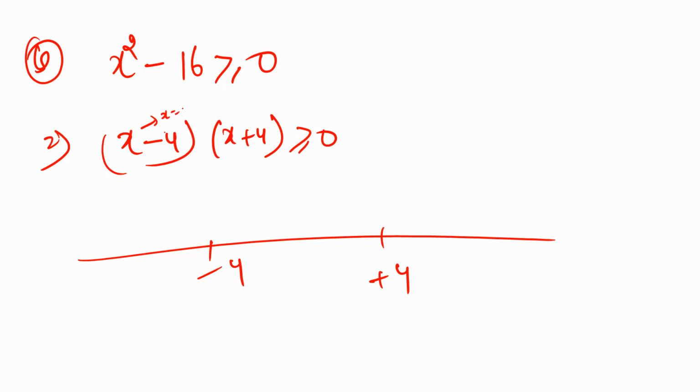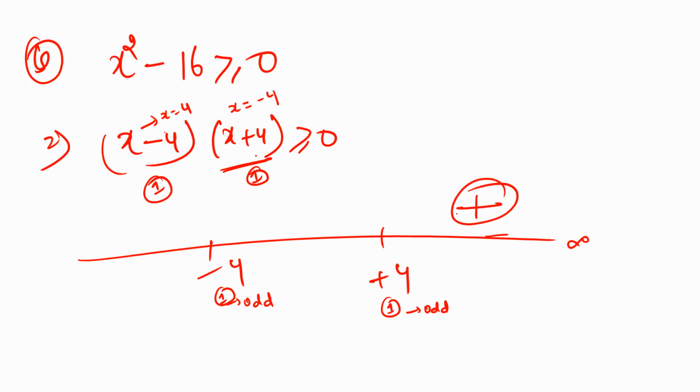x-4 इक्वल टू 0, तो x का रूट क्या आया 4, x+4 इक्वल टू 0, x का रूट क्या आया -4। तो देखो यहाँ पर पावर तो एक ही है, यहाँ पर भी पावर एक है, तो यहाँ पर लिख दो पावर एक है, पावर एक है, और ये एक क्या है, ऑड है। अब मैंने क्या बताया, सबसे राइट हैंड साइड जहाँ पर इन्फिनिटी है वहां पर भैया पॉजिटिव मार्क करो, तो वी मार्क पॉजिटिव हियर।